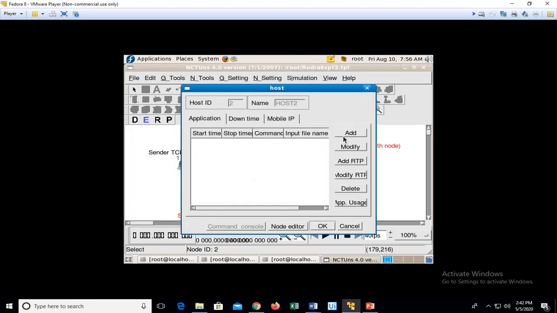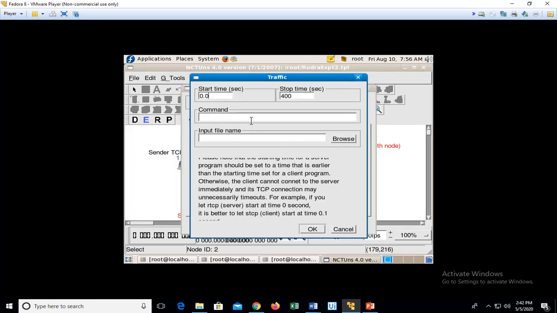Let us go to the second node, click add, and next use the command we had used, sender TG hyphen U, which is user datagram, of 1024, say for 100 seconds is the time duration, and I have to send it to 1.1.3, which is the IP address of node 4.